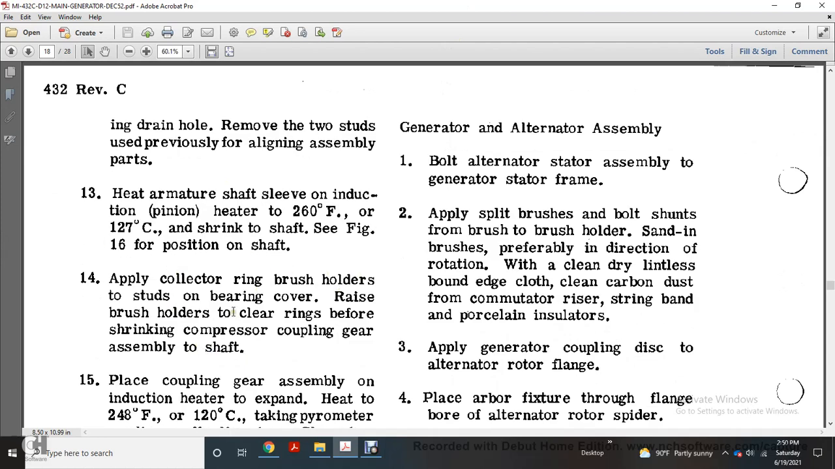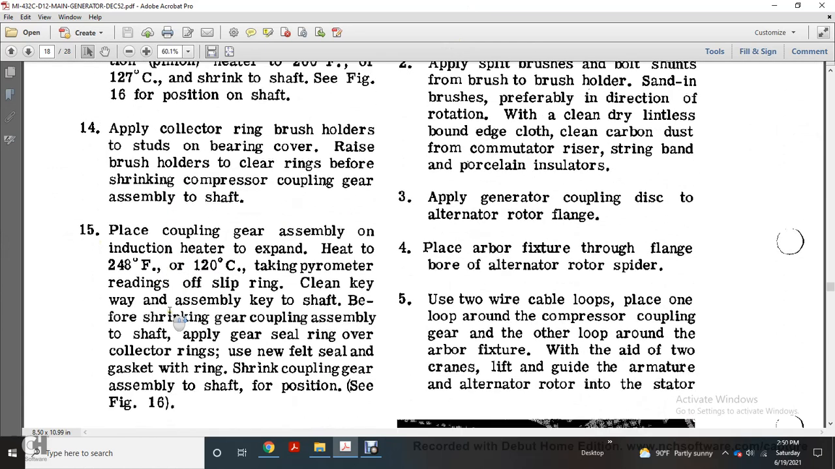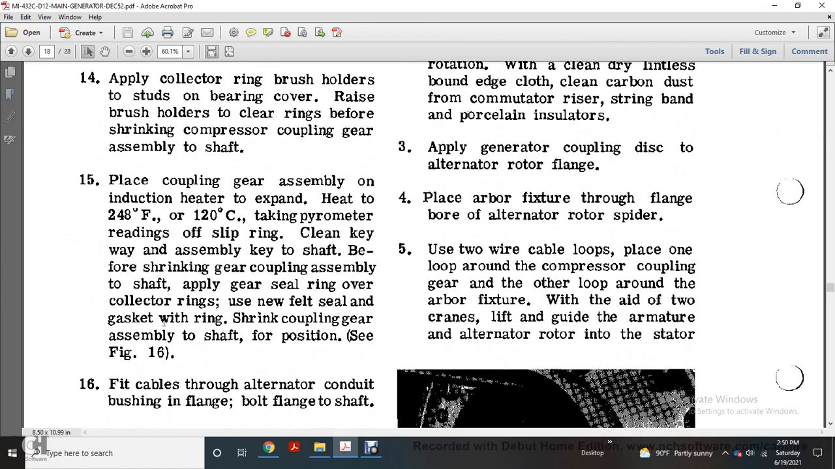stub of the bearing, cover the brush over the collector rings before shrinking the compressor coupling gear on the shaft, figure 15. Place the coupling gear on the shaft using induction heat to expand it, heat to 240 degrees Fahrenheit, 120 degrees Celsius, taking the temperature with the pyrometer. Slip the ring, clean key with the